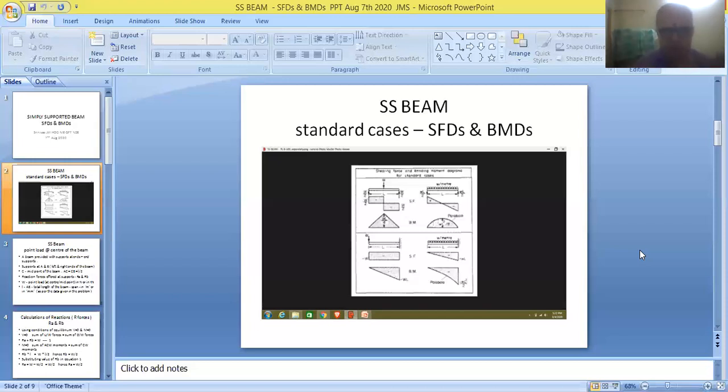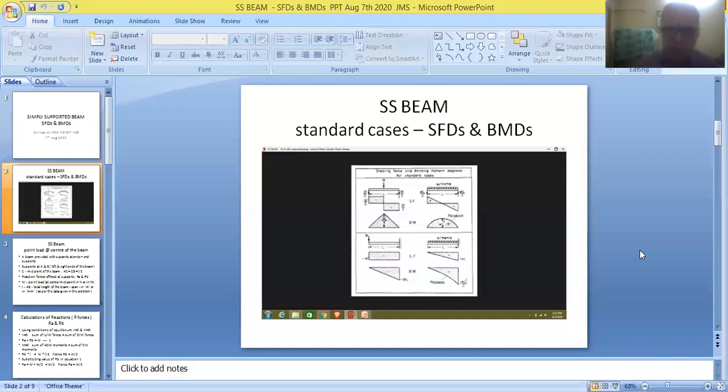So upward forces are written on the left hand side of the equation, downward forces on the right hand side of the equation. So we are equating these two terms. Therefore, RA plus RB will be equivalent to capital W, so far as this diagram is concerned.